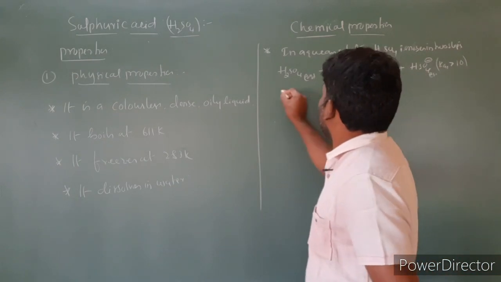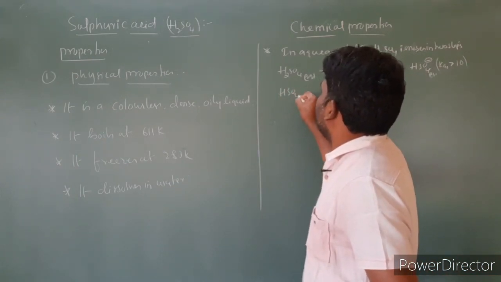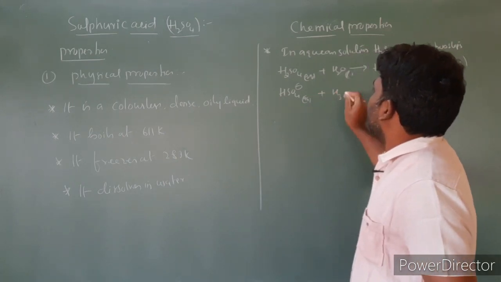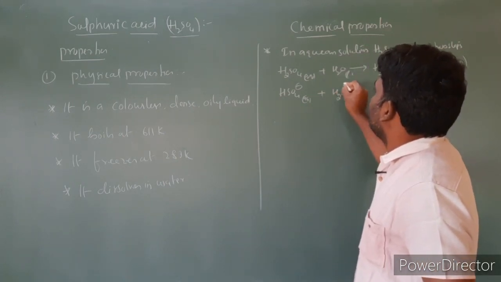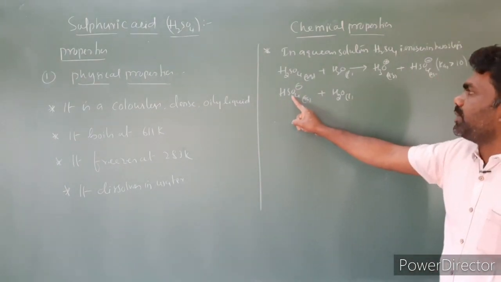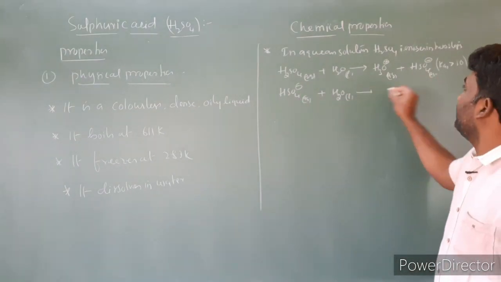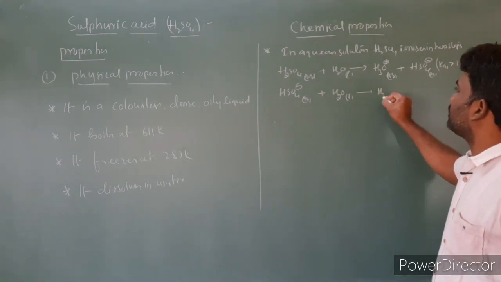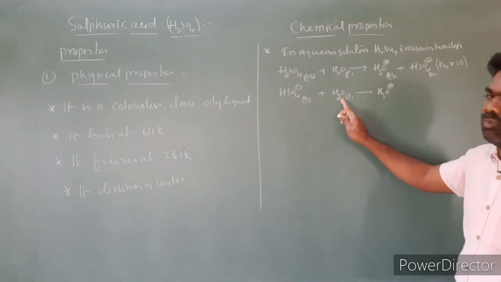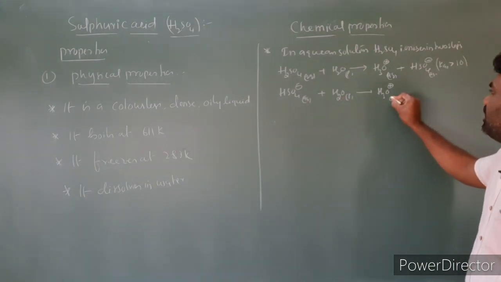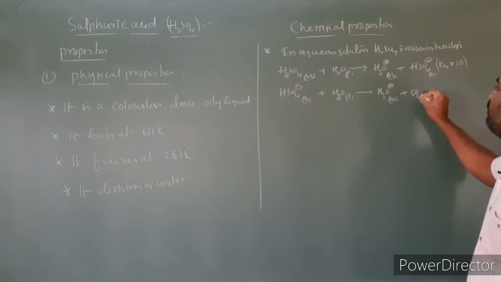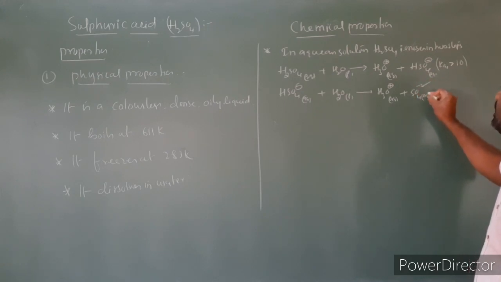And the product we got is HSO4 minus. HSO4 minus in aqueous solution with H2O liquid: HSO4 minus loses this proton, converting into SO4 2 minus, and this H plus is taken by water, forming H3O plus hydronium. So H3O plus in aqueous solution plus SO4 2 minus, also in aqueous.